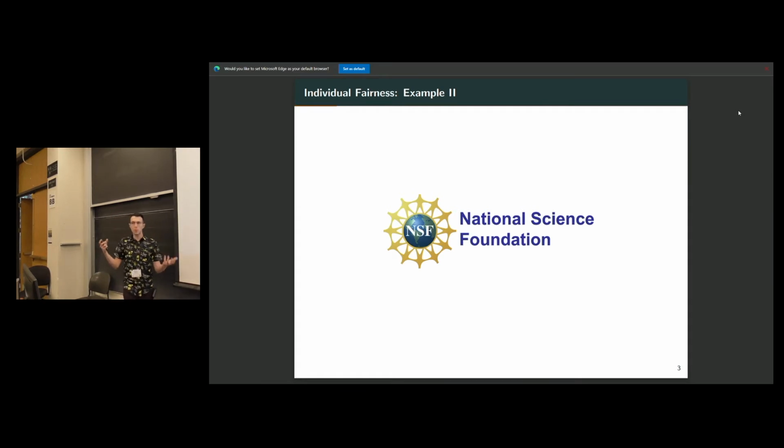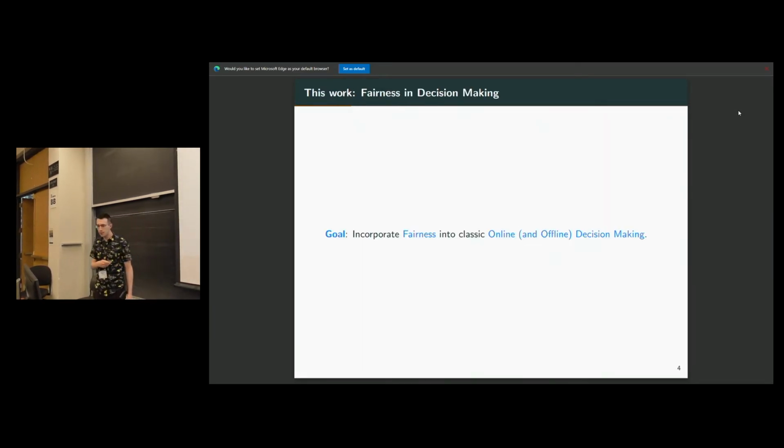So this is one unfair situation that can arise because you didn't have a specific deadline. OK, now keep in mind those two examples, and we will come back to those. I want to apply these two notions of fairness. Those two notions that I described are slightly different. And I want to apply them in certain online and offline decision-making problems.